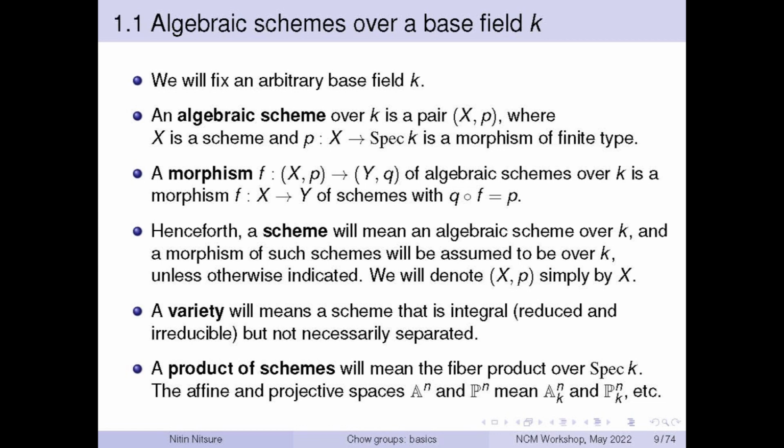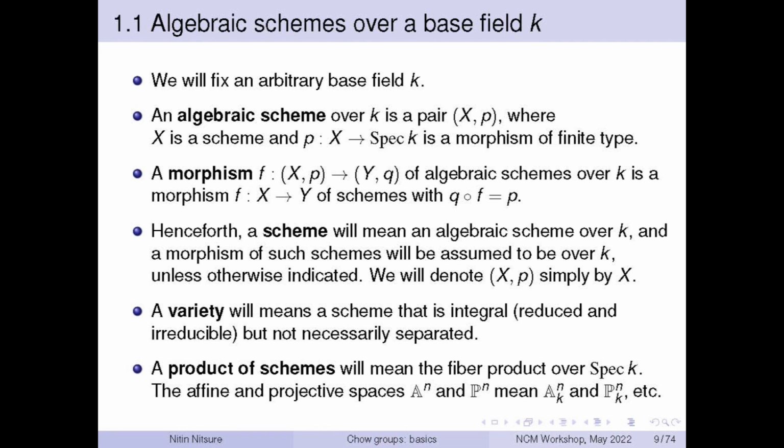And a special kind of scheme is a variety. A variety is a scheme that is integral, that means reduced and irreducible, in particular non-empty. So if it was an affine scheme Spec A, such a thing is a variety exactly when A is an integral domain. Usually when you look at textbooks like Hartshorne or Mumford, standard textbooks, you